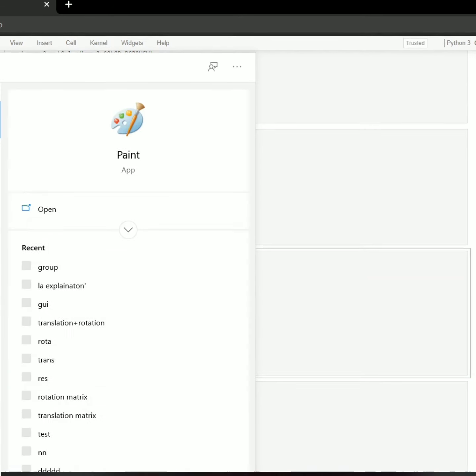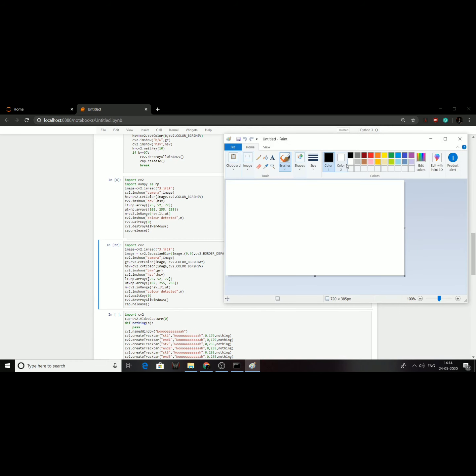Basically, what Gaussian blur does is, imagine this is your image, and let's say the size is 11 cross 11.